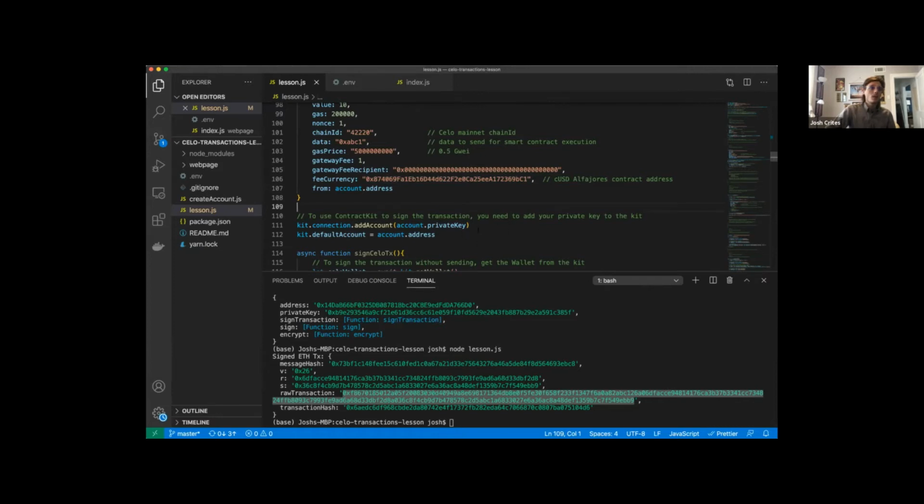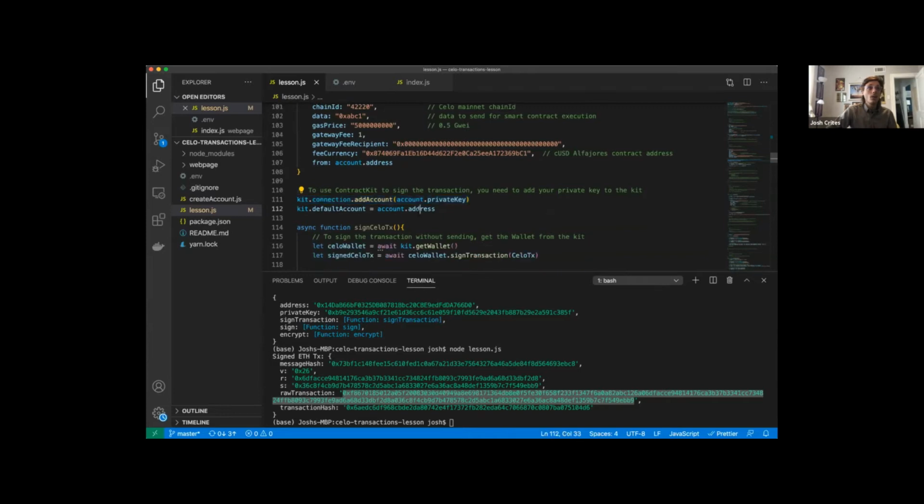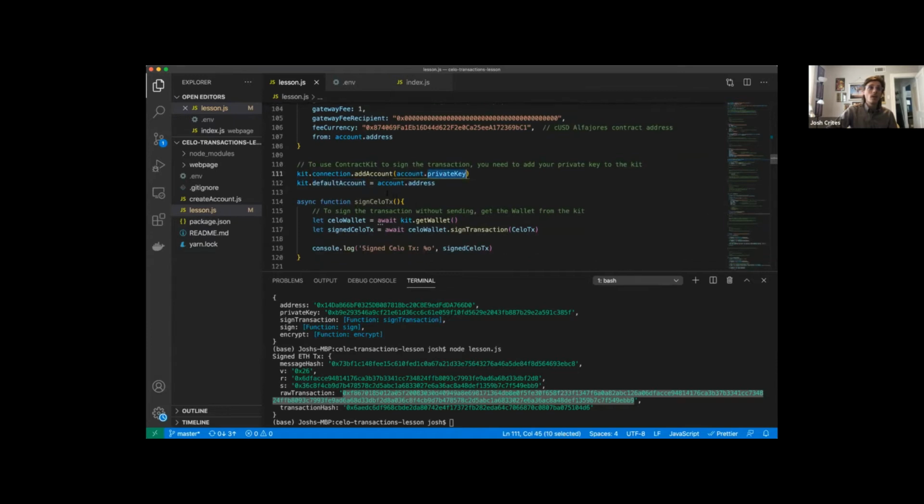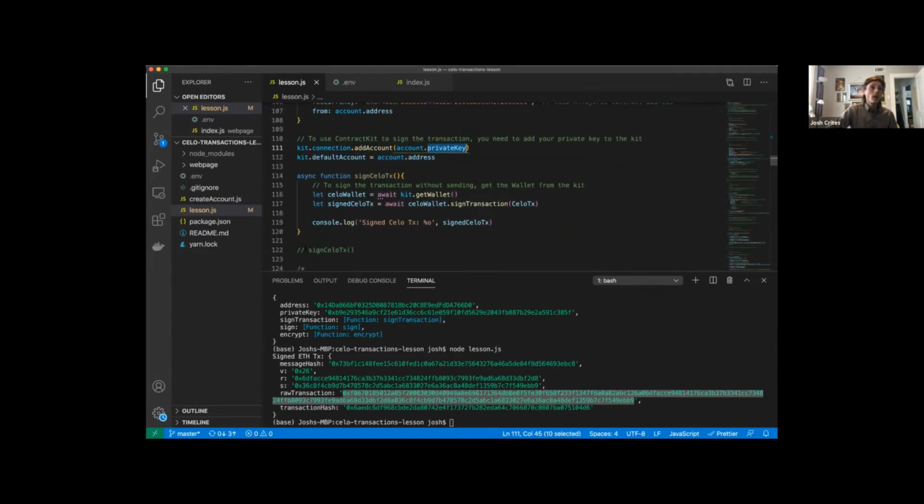All right. So yeah, let's see how to actually use ContractKit to sign this Celo transaction. I'm going to add the private key to ContractKit using this line. It's just kit.connection.addAccount. And then I'm going to set the default account of ContractKit to the address associated with the private key. So then when I run the sign Celo transaction function,